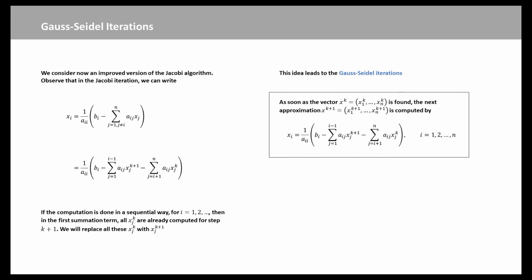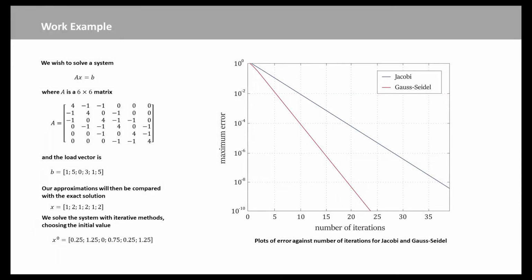So here is the algorithm, choosing an initial guess which is the same, and then we run through the iteration until the stop criteria, which is the same. For each equation, now we go through it in a sequential way, and we have this iteration. This is the same as the Jacobi iteration except for this summation sign. We have a new thing here, that is this k plus 1, so we are using the newly computed value. We will now take a look at a couple of examples and how they perform.